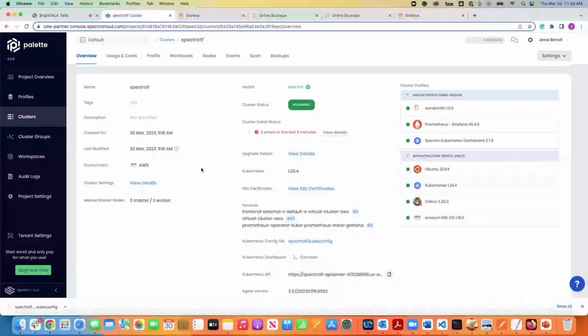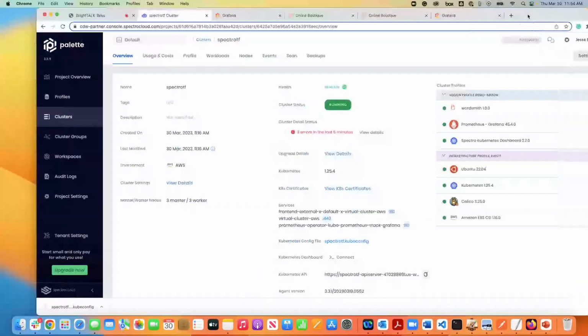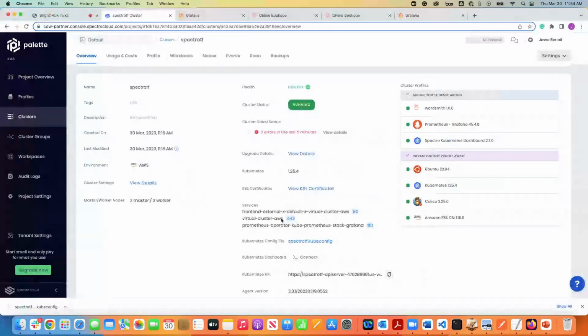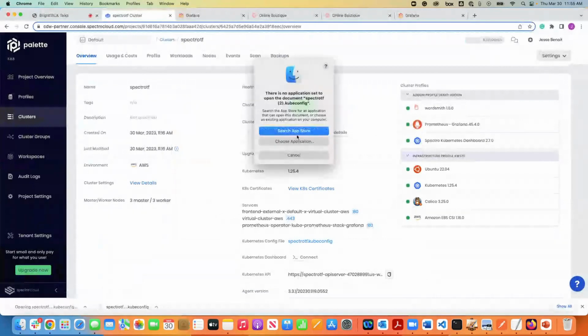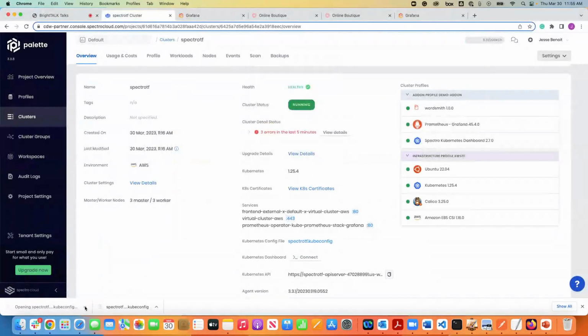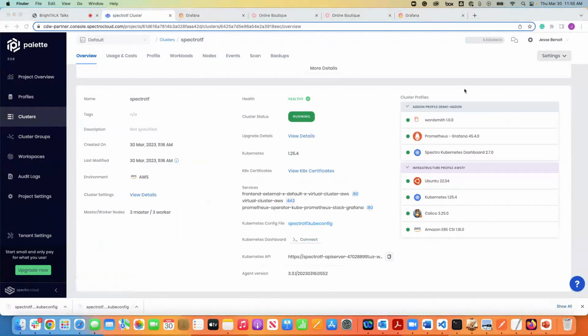I'm not sure we can see your screen. Thank you for telling me that. Hold on. Share. Screen 2. You see my screen? Yep, that's great now. Okay, so right here below where the services are is the kubeconfig file. So for this particular one, I'll just download that so we can open it. Bear with me.